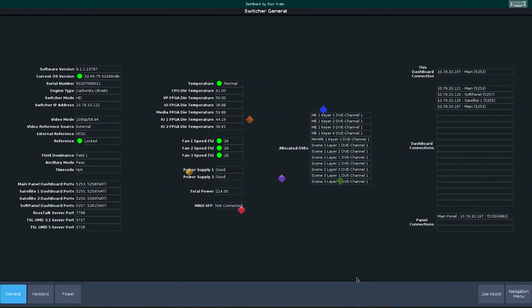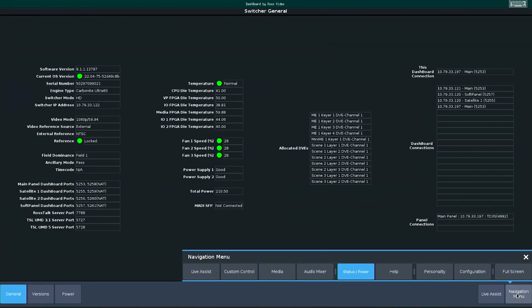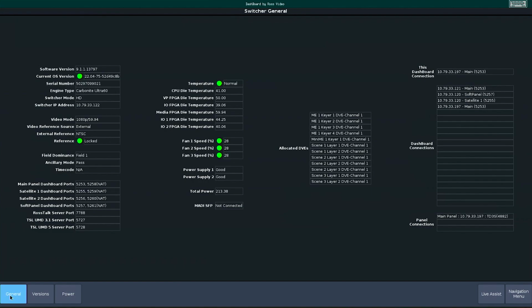In this video, we're covering the status and power menu that you're going to find inside of Dashboard. To navigate to it, bring up your navigation menu, and in the middle section, you're going to find status and power. You'll notice for navigation, to the left side is operation, the middle is information, and the right side is configuration. So we're picking the status and power, and on the general tab, what you have is general information about